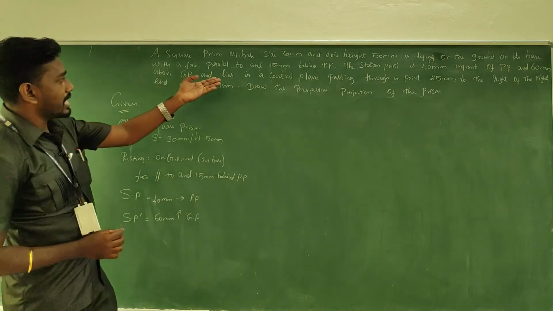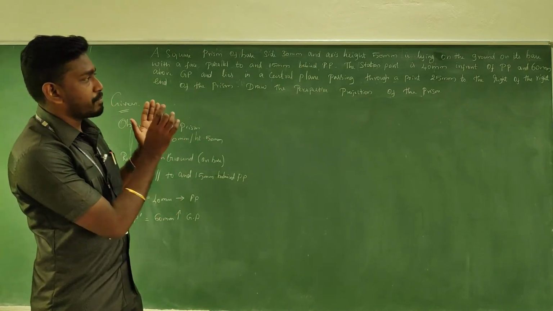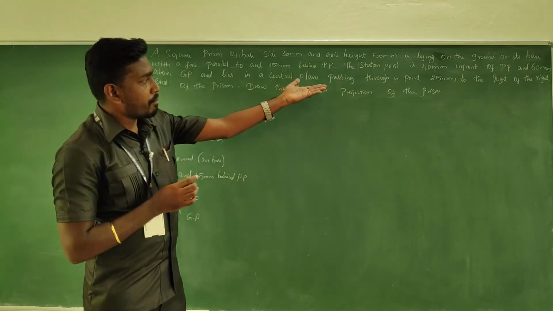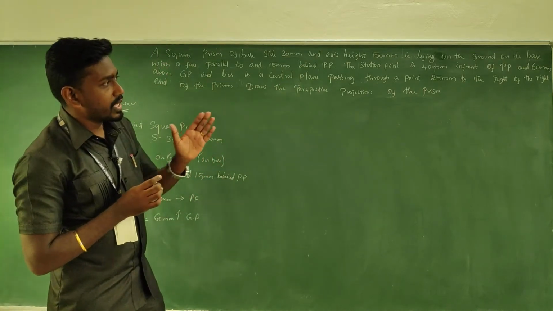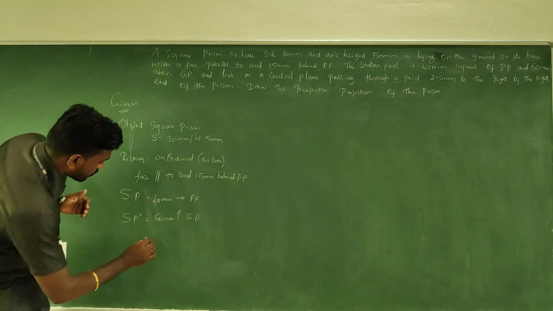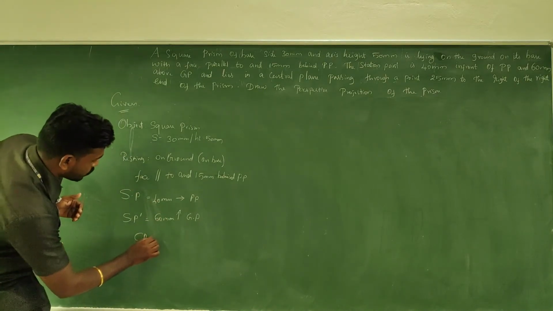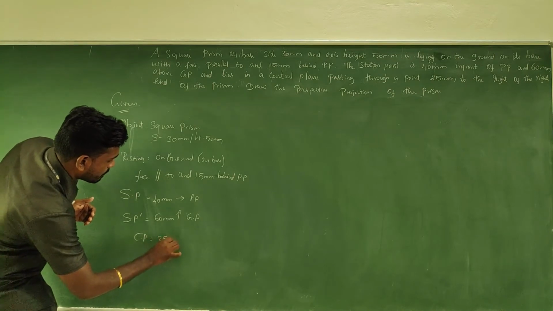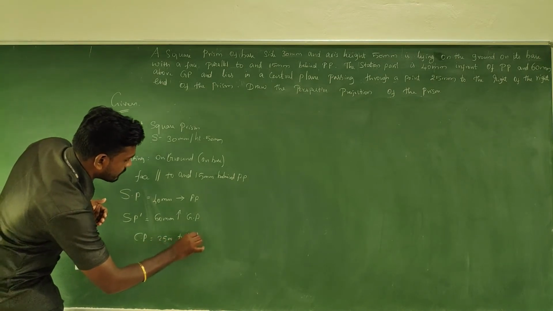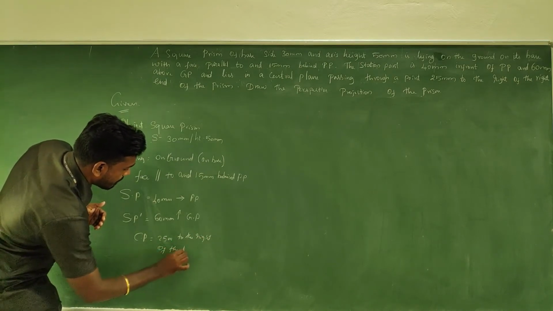Then it lies in a central plane passing through a point 25 mm to the right of the right end of the prism, right? So the central plane CP is passing 25 mm to the right of the prism,